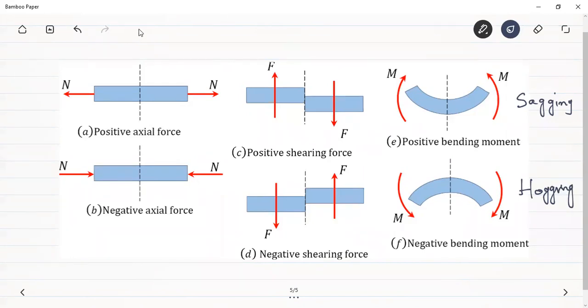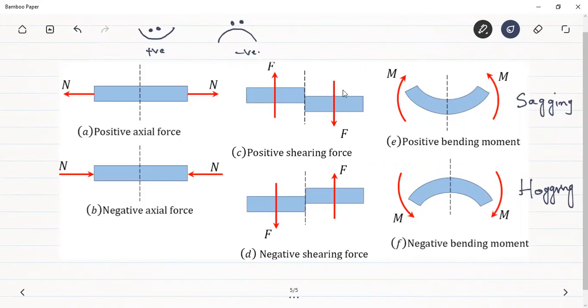Sometimes we also remember this way: this is the positive smiley, a happy or cheerful smiley, and sagging means positive, hogging means negative. We used to remember it in those days by this convention. This is cheerful and this is sad, but these days positive is sad, in these times of COVID. Okay, so this is another way to remember what is the sagging bending moment and what is the hogging bending moment. This will be positive, this will be negative.